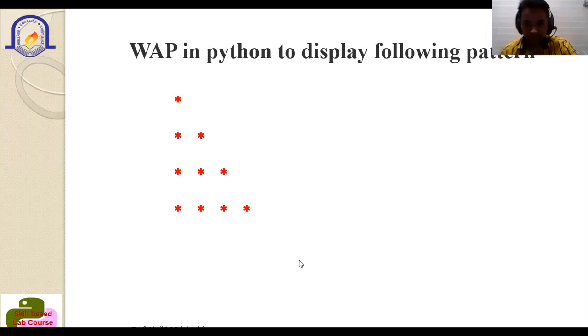Within 2 minutes, everyone will finish, right? Only 2 or 3 lines of code are there. Two for loops and two print statements. Two for loops, one for the row, the second for loop for the column. One print to keep the cursor on the same line. The next print to move the cursor to the next line. Finished. These 4 lines of code are there. If anybody got it, reply in the chat box.